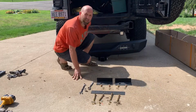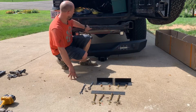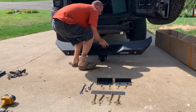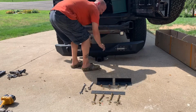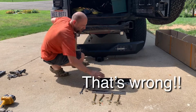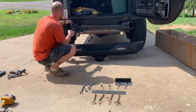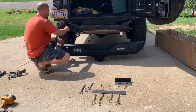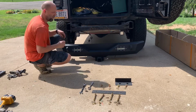All right, guys, so we got the stock bumper off. Super easy. This is what you have left with 4 bolts here. It's going to go in the back of the bumper here. Right there, those there. This spacer plate, once you put it up, will go between the bumper and this, just like that. But these plates here will actually go into your bumper tubing right here. The L facing inside, they got nuts welded on them. You slip them in, line up the holes right here, and that's it. So you put those 2 in,